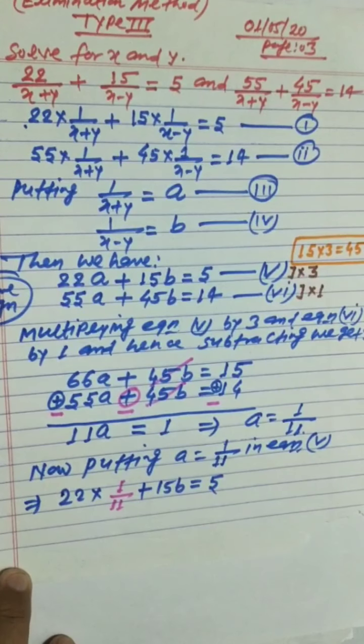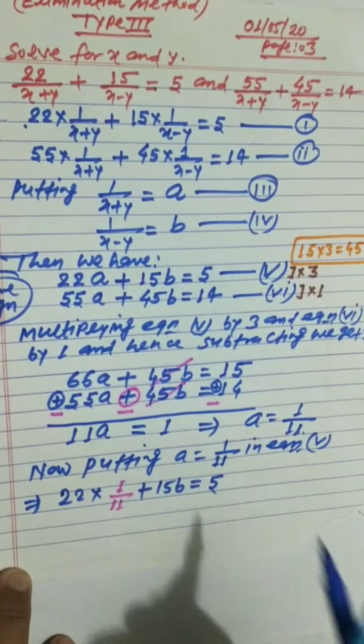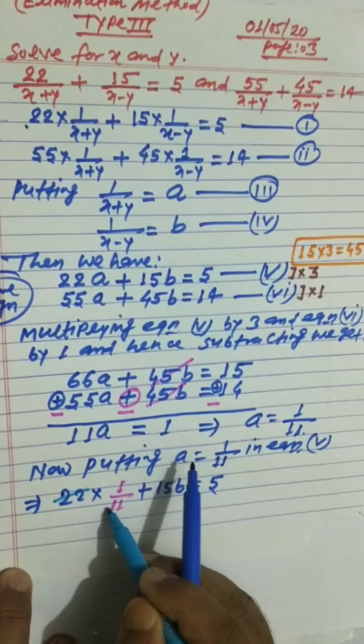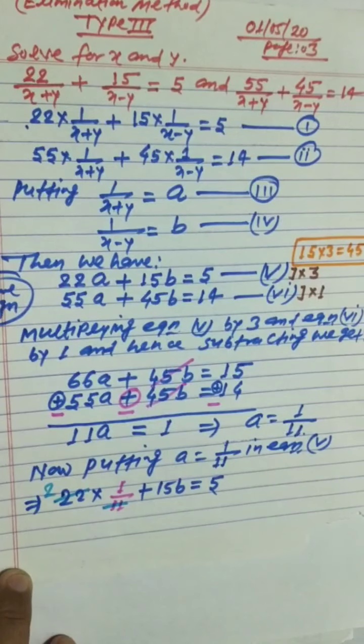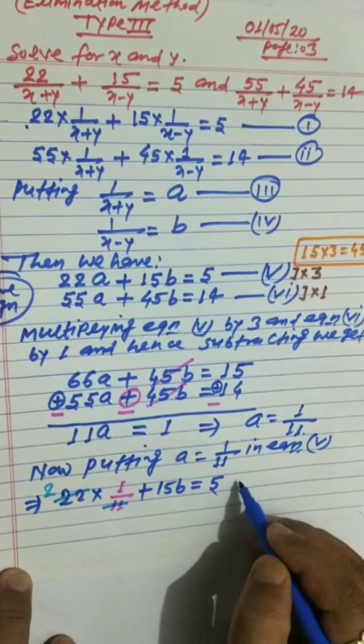Now you can cancel this 22 by 11, 2 times. So it will be